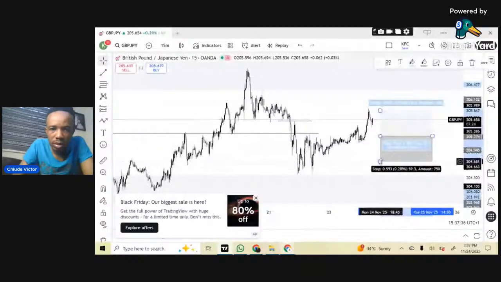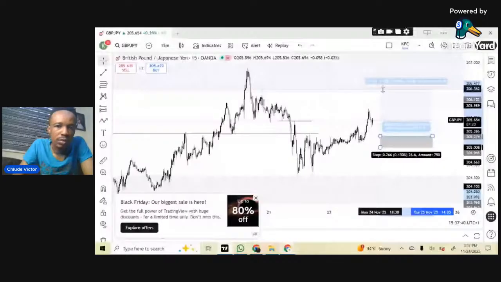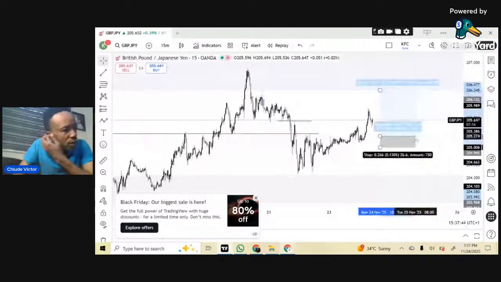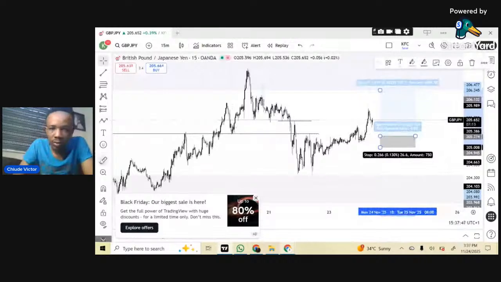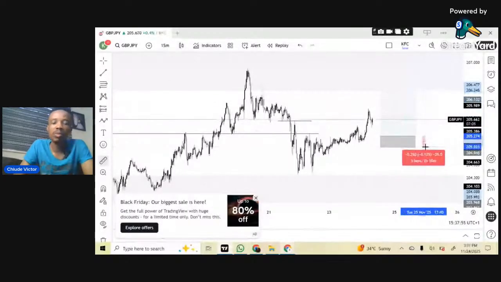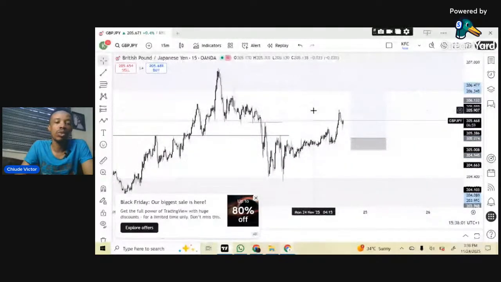And help me come here. And this will be a very lovely good entry because it's going to give me just about 108 pips, risking just about, I'll just risk 20 pips. I don't like to risk more than that. So this would be 108 pips. Good entry, sharp entry for GJ.